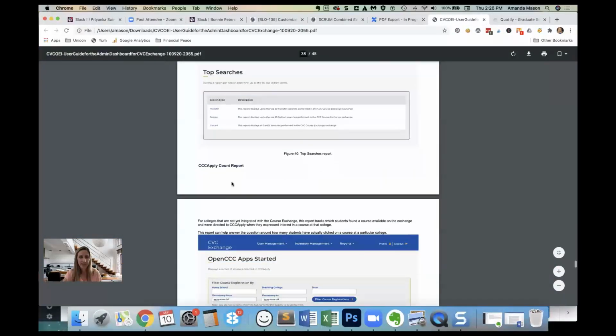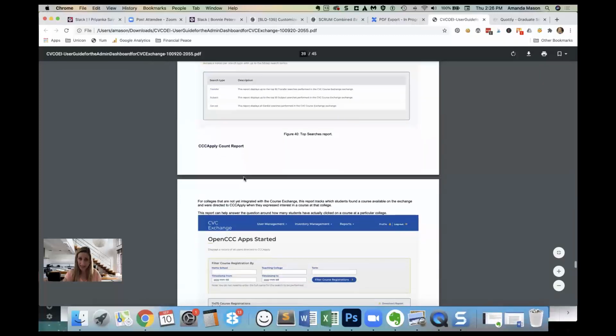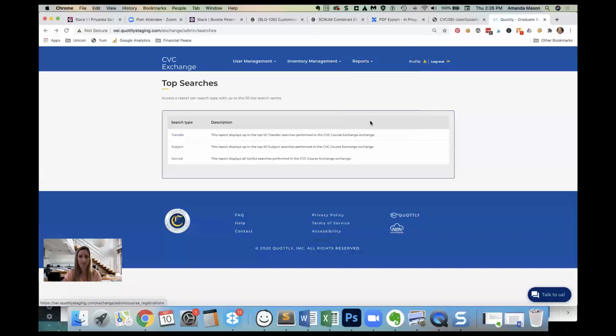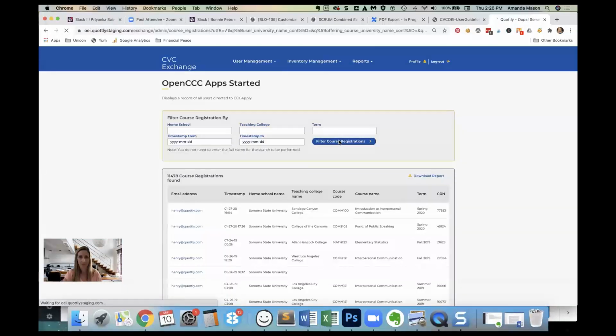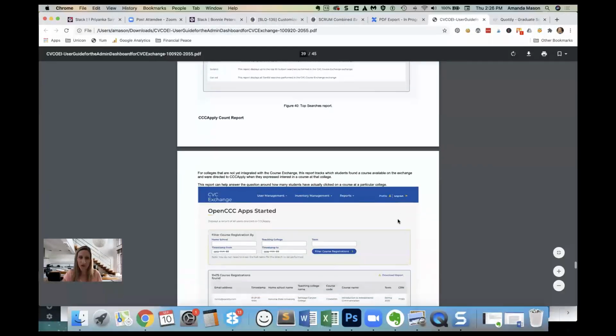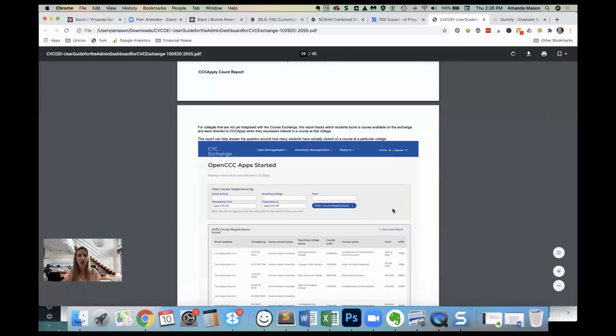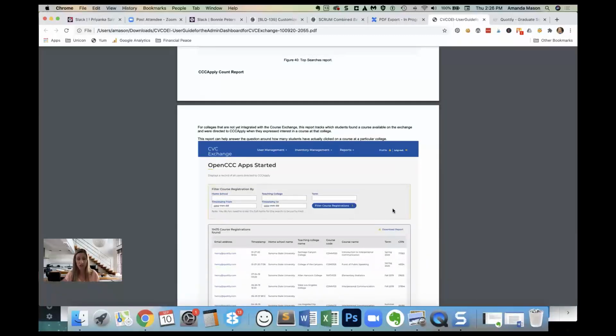Okay, the next section here is the CCC apply count report. So let's take a look at that one. That one, we're in staging, again, test mode, but I have a screenshot here for you. Basically, this one is for all the colleges that are not yet integrated with the course exchange. This report actually tracks the students who found a course that was available at a particular college, and they went to click on that apply button because they wanted to take that course. But because the college was not integrated with the exchange yet, we've sent those students to the CCC apply link